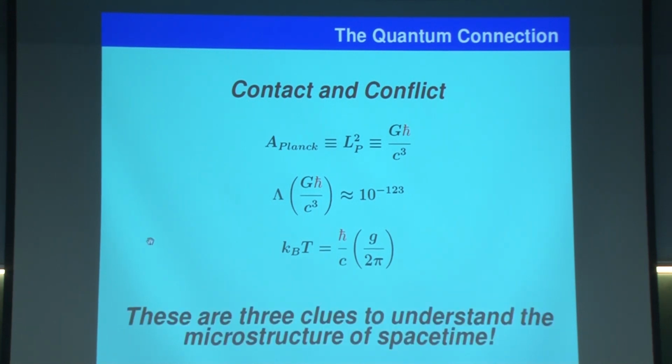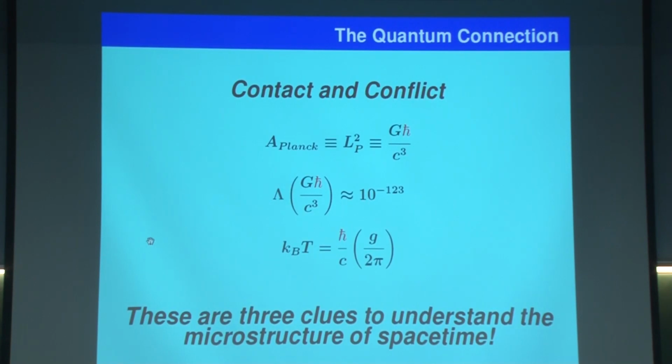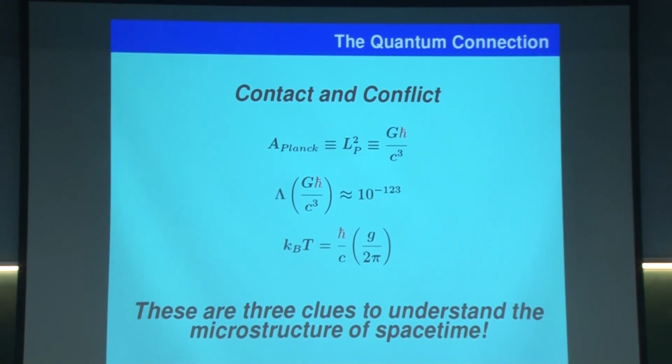So, this I have already said. These are the three clues which allow us to understand the microstructure of space-time. Okay, this part, starting from the cosmological constant again, I will do in tomorrow's lecture. So, we have